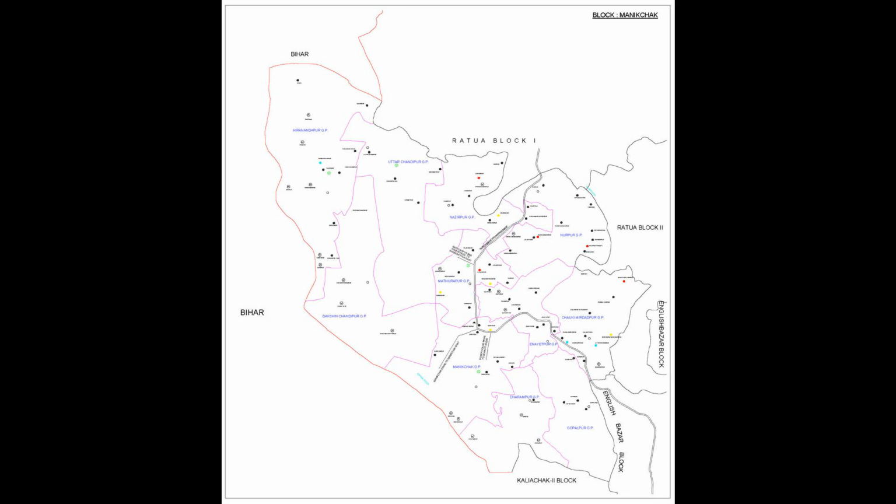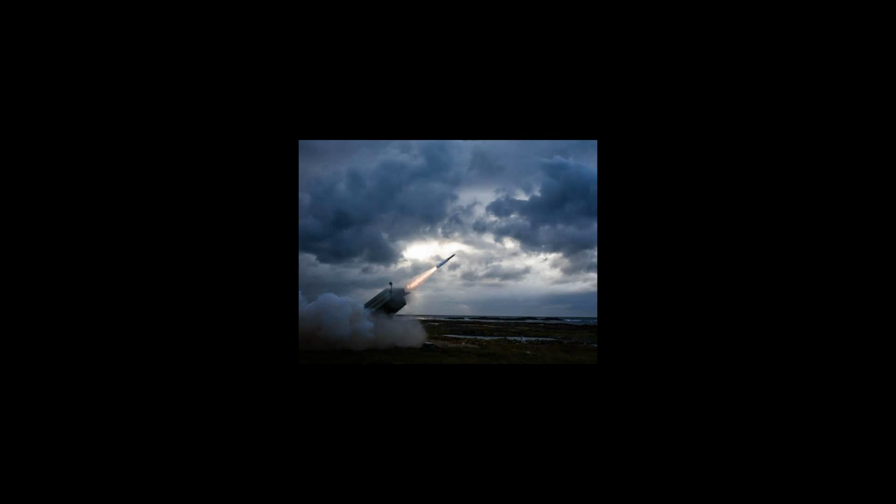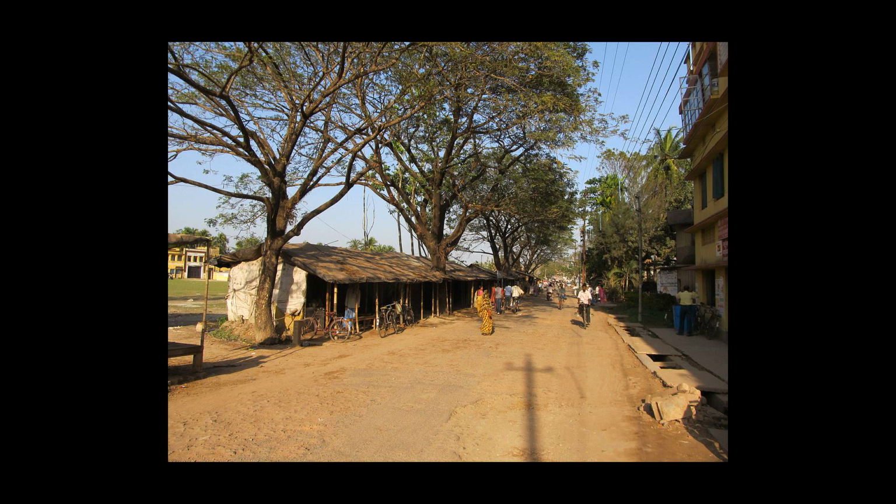Pisciculture. Purba Medinipur's net district domestic product derives 1/5 of its earnings from fisheries, the highest amongst all the districts of West Bengal. The net area available for effective pisciculture in Chandipur CD block in 2013-14 was 1050.00 hectares. 6,440 persons were engaged in the profession and approximate annual production was 40,005 quintals.